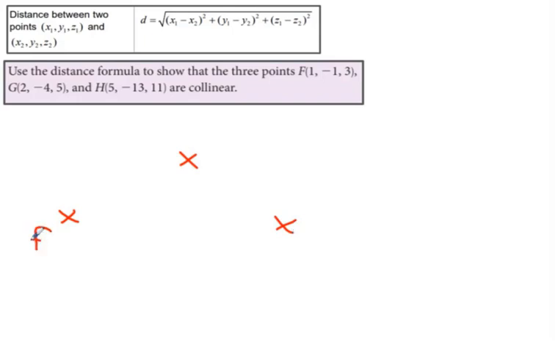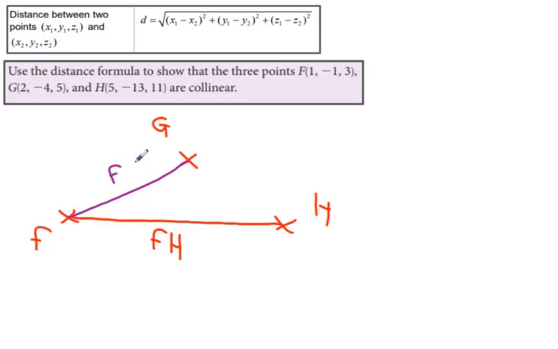So this can be F, G, and H, but don't worry about the actual positions. If we consider those distances separately, this is FH here. And then if I take a different color to draw FG, and another color to draw GH,